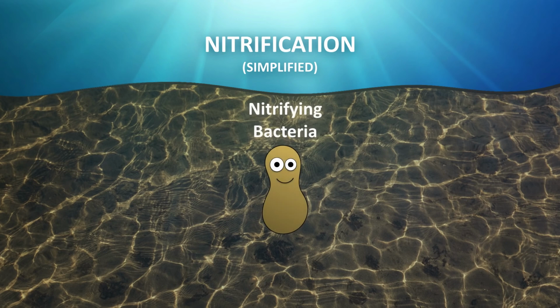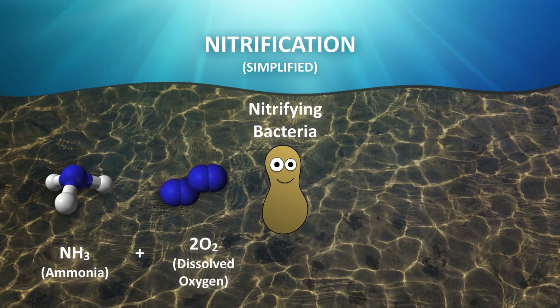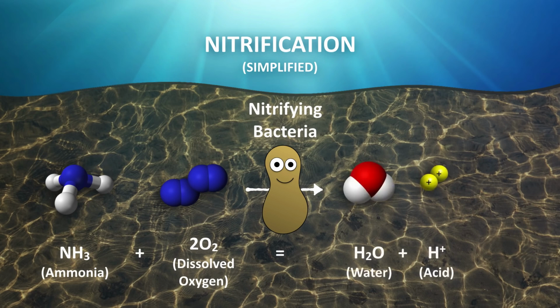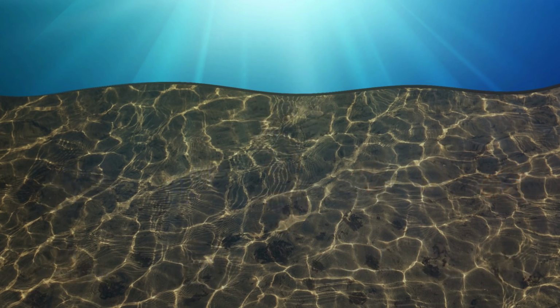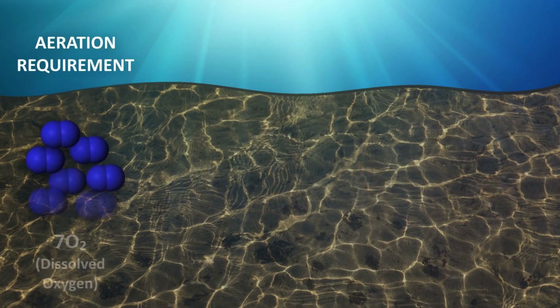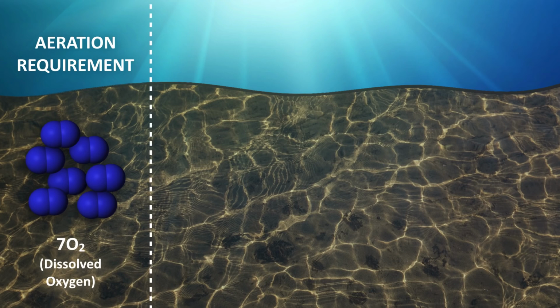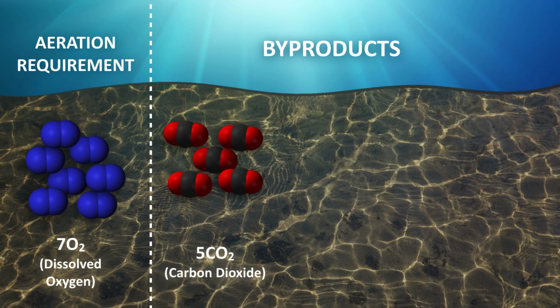In this step, nitrifying bacteria oxidizes ammonia with 2 additional moles of oxygen, reducing it to water, 2 moles of acidity represented by the hydrogen atom, and nitrates. Combining the biomass destruction with nitrification reaction, the biomass requires a total of 7 moles of oxygen for both processes to occur. The byproducts of the combined reactions are 5 moles of carbon dioxide, 3 moles of water, and 1